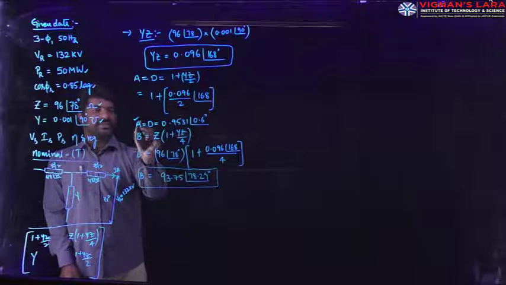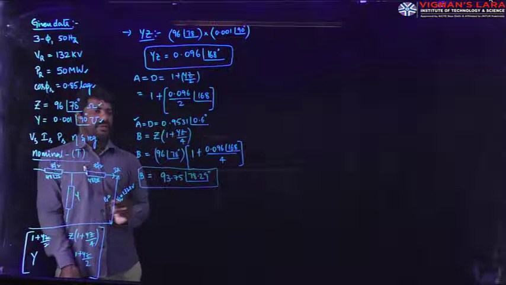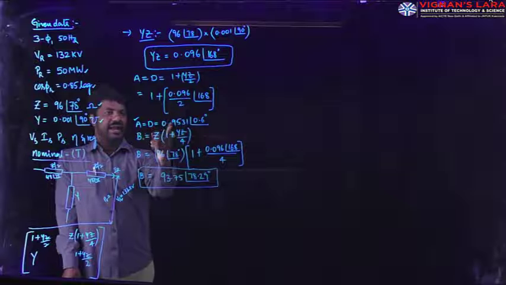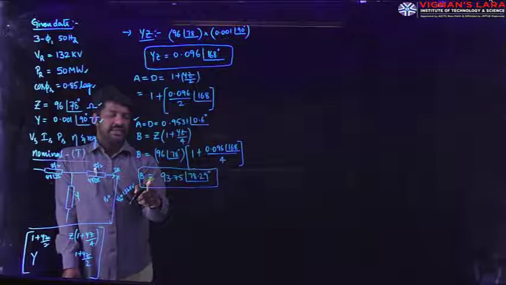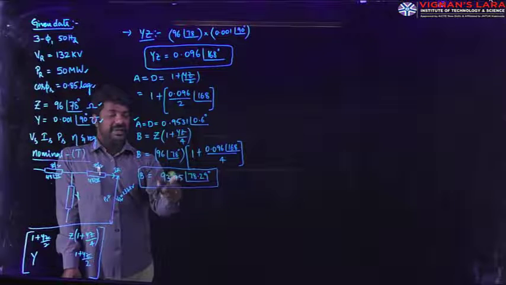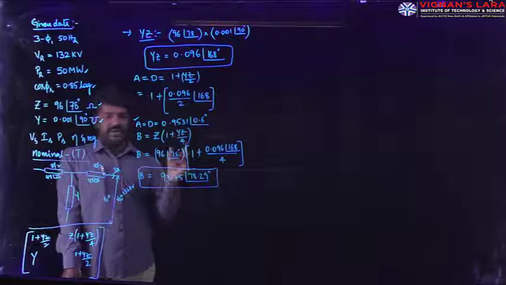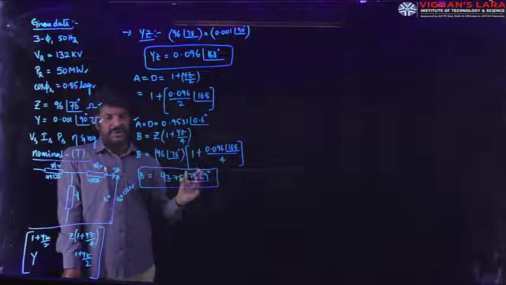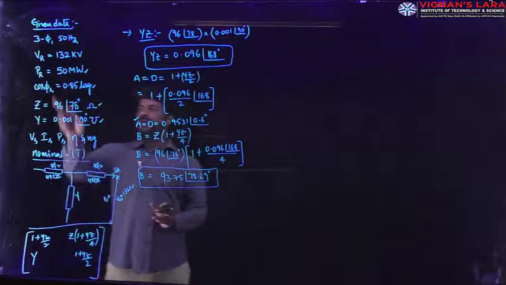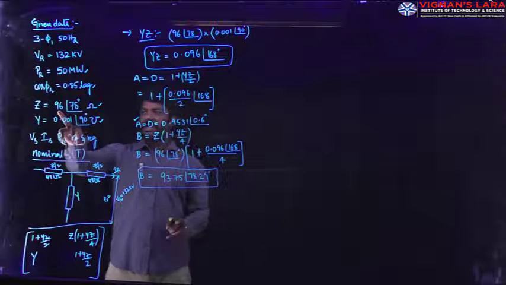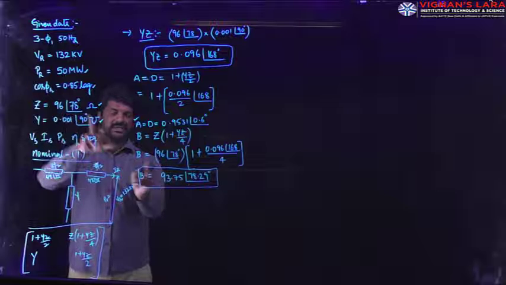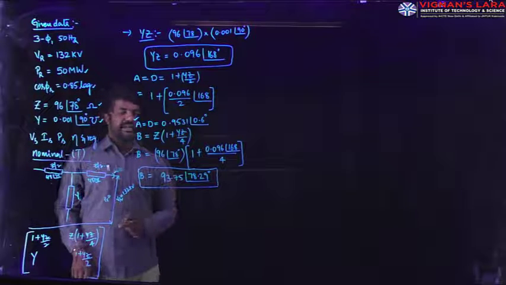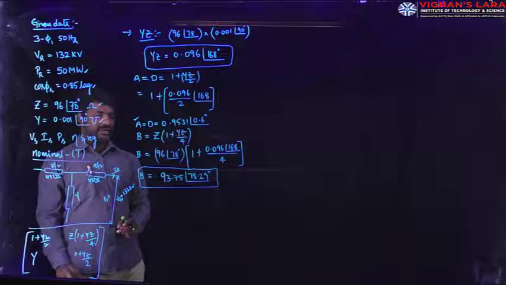Previously I gave the verification for the A equal to D value. Its value should be less than 1 and approximated to 1. That is the verification part. And the constant B value should always be equivalent to the impedance value. What is the impedance they have given in the problem? It should be approximated to that impedance. What is the impedance given in the problem? 96. And we got the B constant as 93. Since these two are approximated values, there itself you can confirm the calculation related to that B is correct.